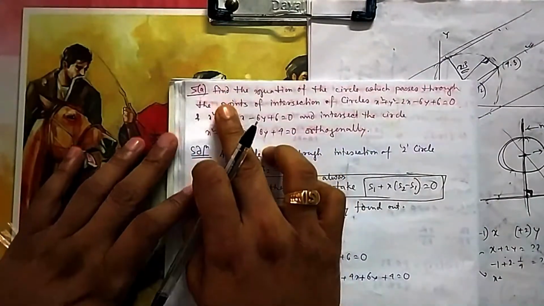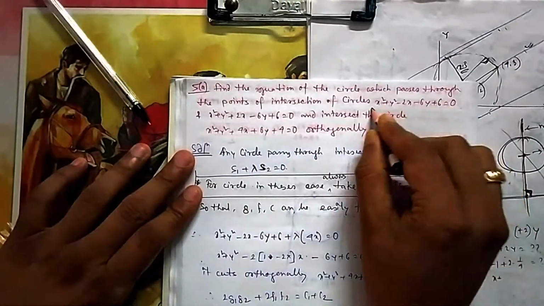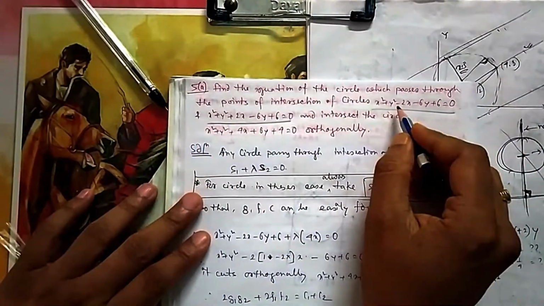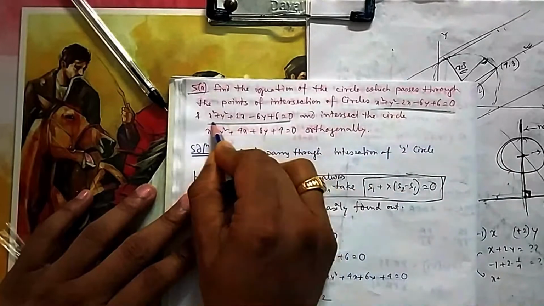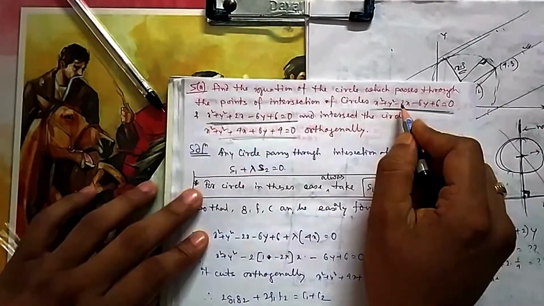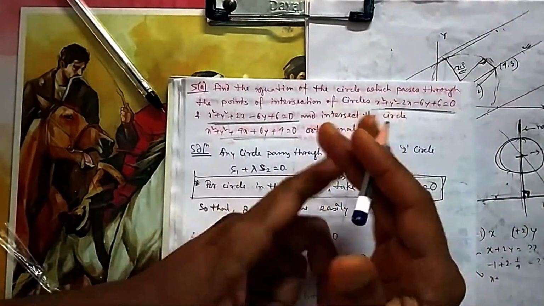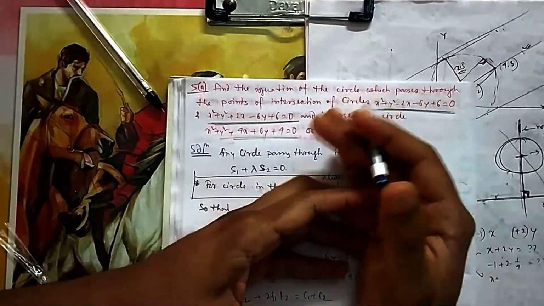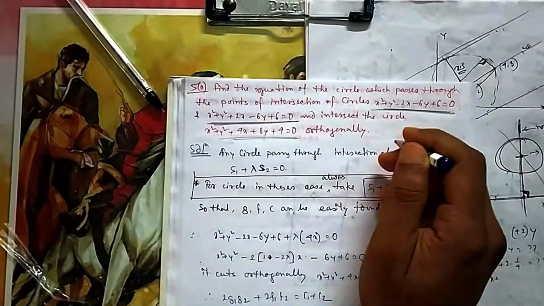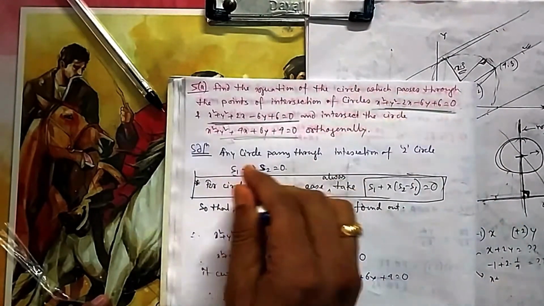Now if you come to question number 5a, for the equation of the circle which passes through the point of intersection of the circles this and this. So you need to have a circle which is passing through the intersection of this and this and orthogonal to this. So what is the equation of the circle passing through these two? I have told you, between two figures, if I want to find another figure, it is this plus k into that. Always, not only for a circle, in a straight line, or in every figure in coordinate geometry you will find it. So this plus k into this.